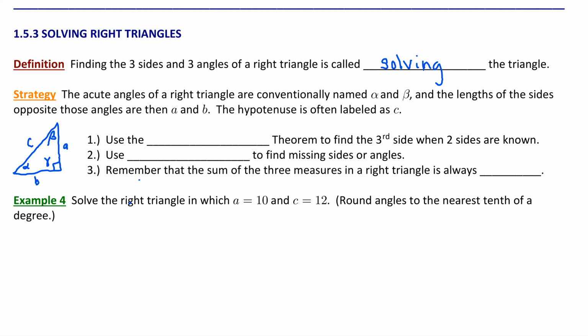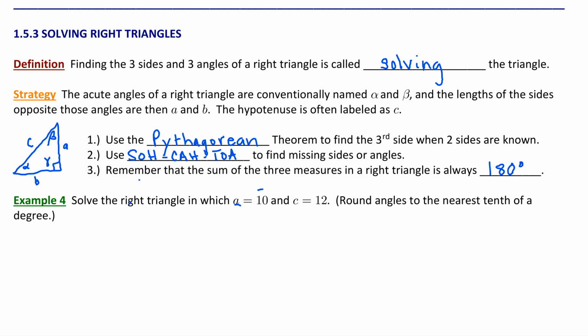To solve a right triangle, we can generally use the Pythagorean Theorem to find the third side when 2 sides are known. Then we can use our newly learned SOHCAHTOA strategy to find missing sides or angles, sometimes in combination with those inverse trigonometric functions. And number 3, remember always that the sum of the 3 angle measures in a right triangle is always 180 degrees,